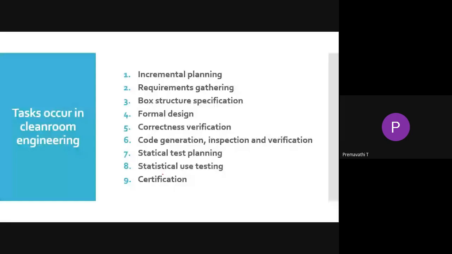Just a minute. Now it is visible. Yeah, okay, fine.